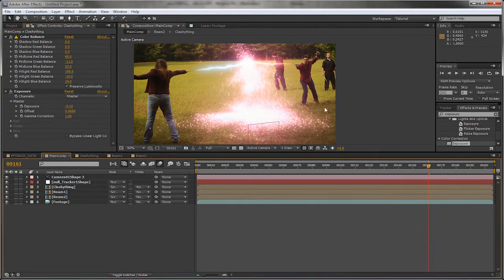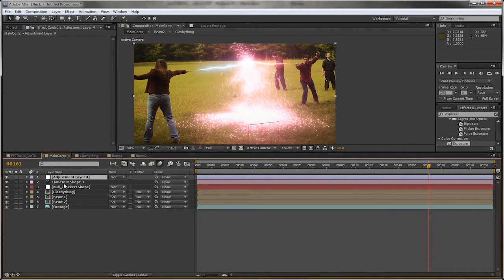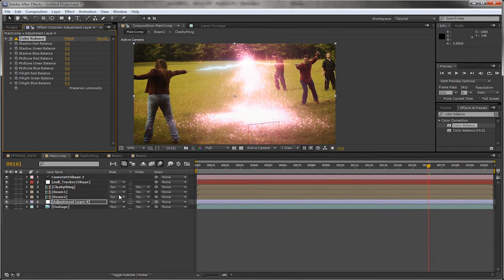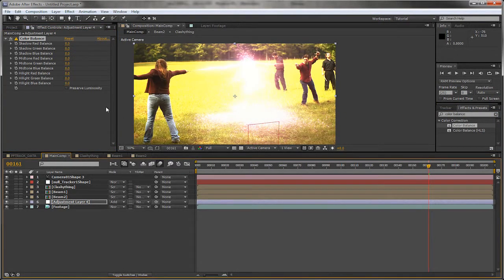Okay, so now let's add some interactive lighting. So if we go Control Alt Y, which makes a new adjustment layer, put it just above your footage. We want to get our color balance again and drop that on. Change this to Add, and let's pump up preserve luminosity, pump up the reds, pump up the blues,